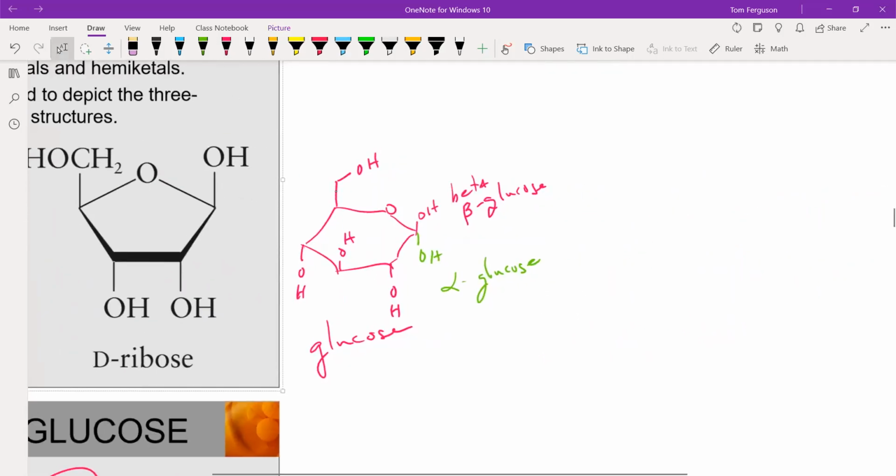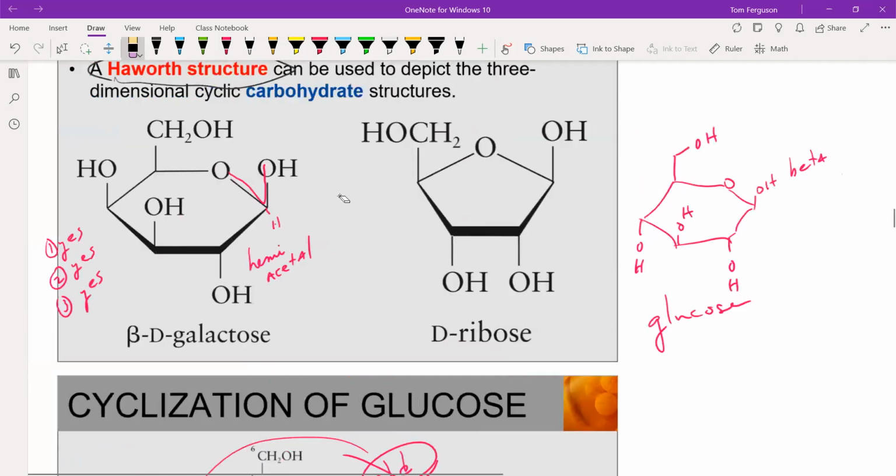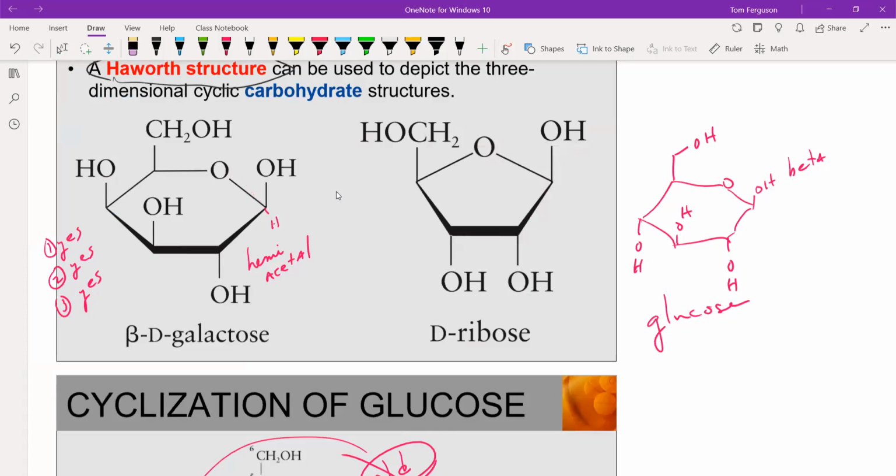So I'm going to put... Did everyone see where it was a hemiacetal? We have an OCO. We have an OH. That means it's a hemi something. We have an H there. That means it's a hemiacetal. And this is also